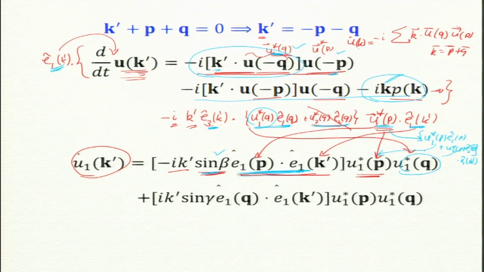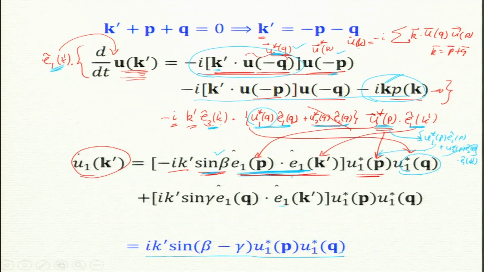Now, this E1 p dot E1 k prime is from the table. That is a table I computed, just read from the table. There are two angles, product of two sine cosine. So, this is cos gamma and this is cos beta. So, I get basically sin beta minus gamma, this is it. Now, I am happy with this, so I do not know whether you are happy with this. All that algebra which we did is just coming from the triangle angles of the triangle. And using this you will see that it is doable in 5 minutes. That algebra, which is long, can be done in just a few minutes.